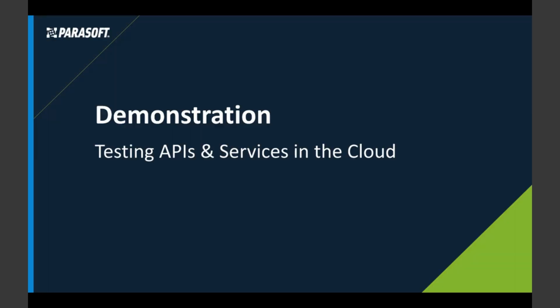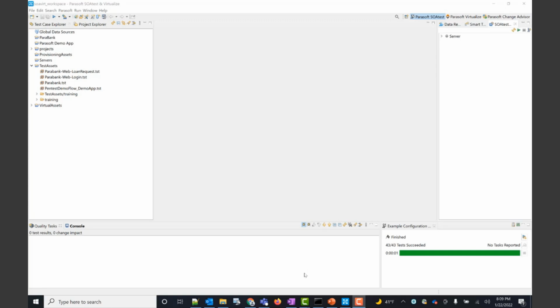So we've come to our demonstration. So let me just switch my screen here. The first thing that we want to do is come to our SOAVirt, and be sure that our SOATest virtualized server is running. You just come over here to where this server has a gray dot by it, and that shows that the server is not running. So we want to highlight that server and hit that play button. And that's going to activate our server and bring it online. And so we see here that it's got a green light, and so we are ready to begin.